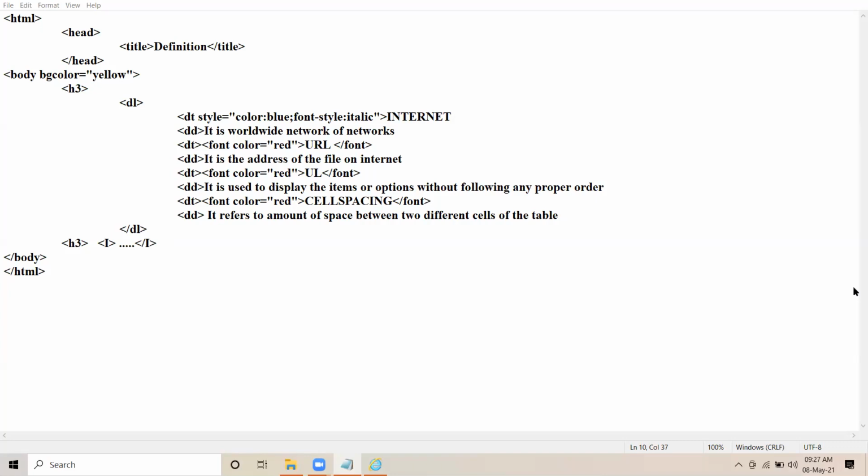I'm asking the definition of the tag. What is the meaning of this tag? What role this tag plays? In this tag, we provide the data to be displayed in the list. What are you saying, Hardik? Sorry, sir. Definition description tag specifies the definition of the term. Okay? Yeah, be awake, please.